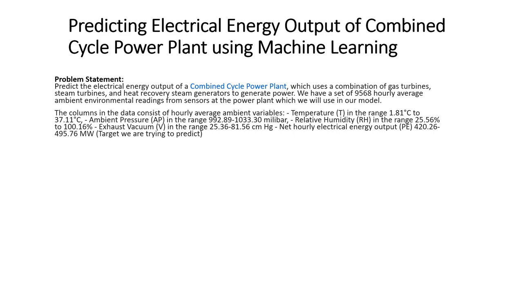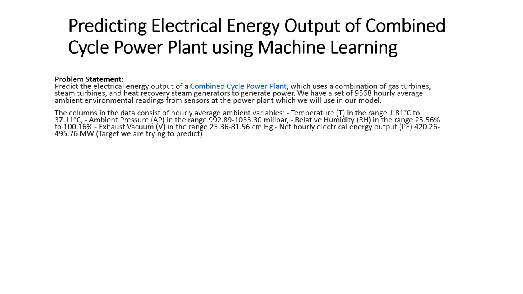Project: predict the electrical energy output of a combined cycle power plant, which uses a combination of gas turbines, steam turbines, and heat recovery steam generators to generate power. We have a set of 9,568 hourly average ambient environmental readings from sensors at the power plant which we will